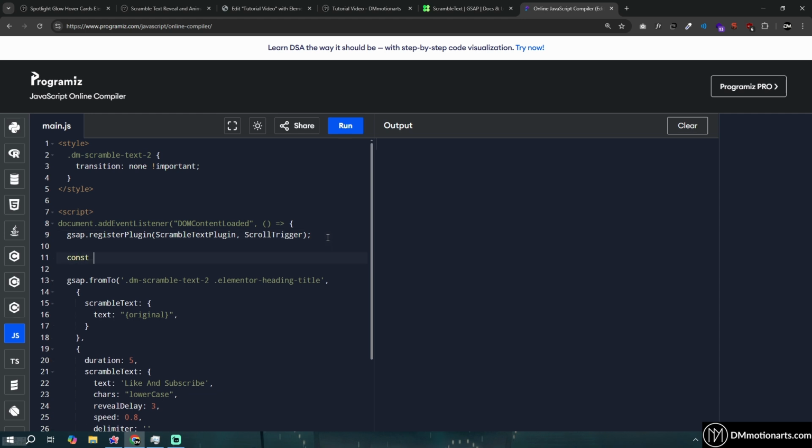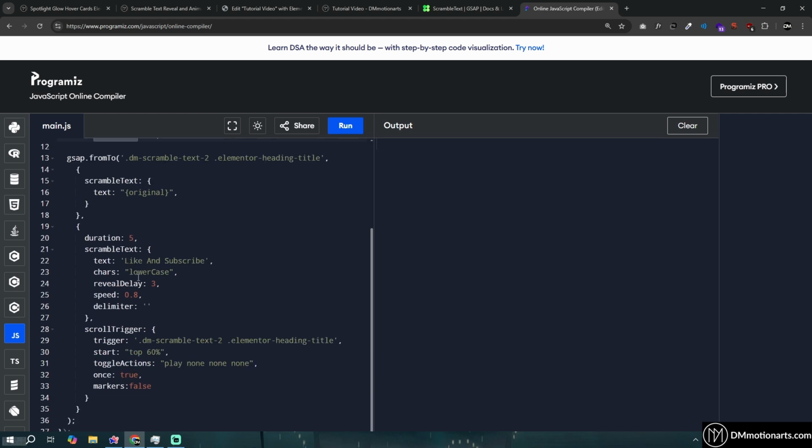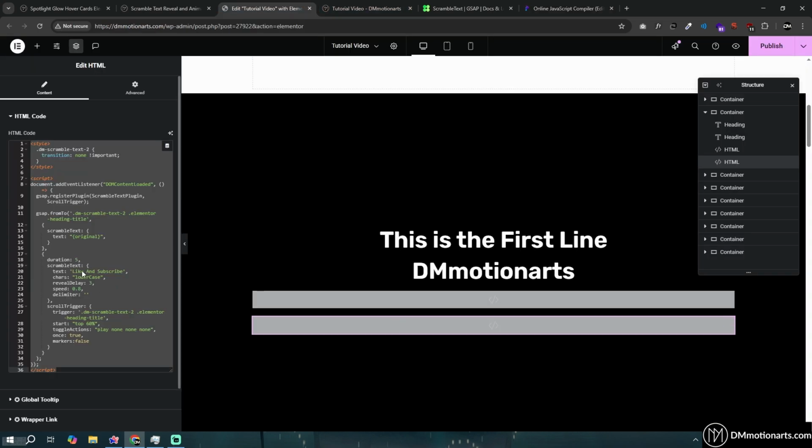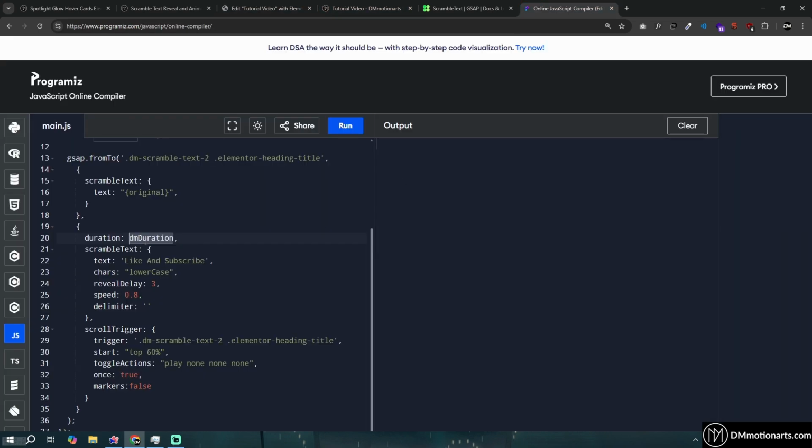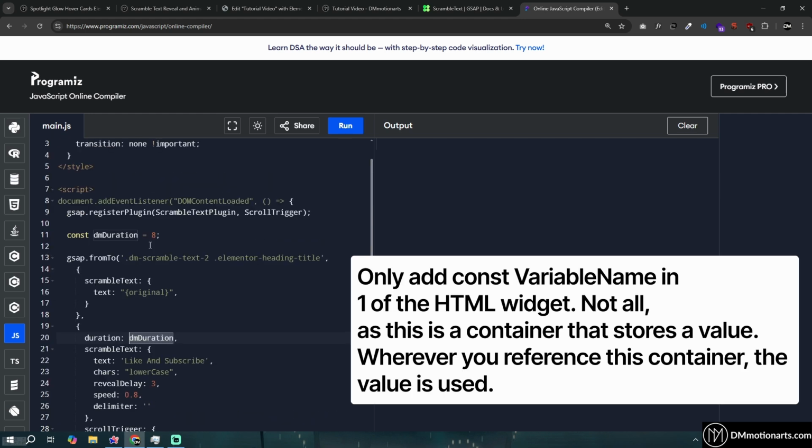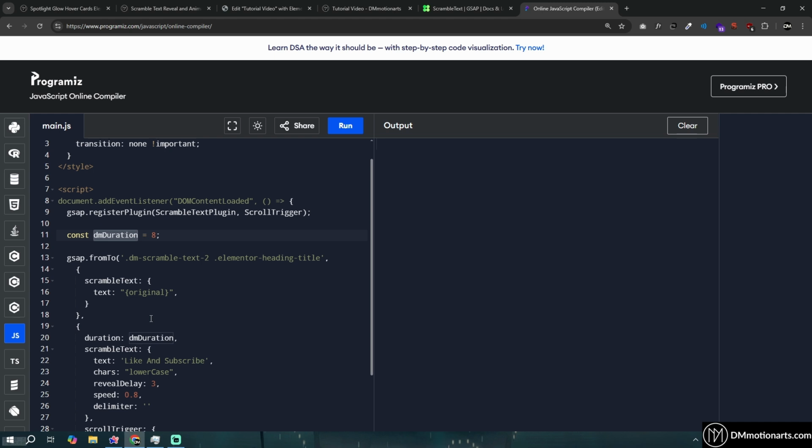So let's call constant, I'll call it DM duration equal to 8 like this. And then I can simply copy this and add it around here like this. So if you have multiple stuff, you could give it the same duration like this text, and then all you need to do is change this value and it will do it for every single one of them which uses this variable. That's very basic JavaScript,